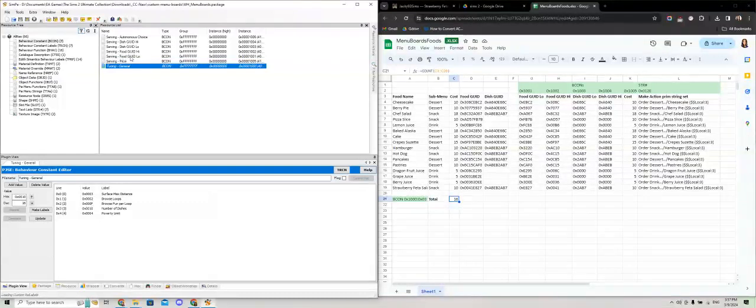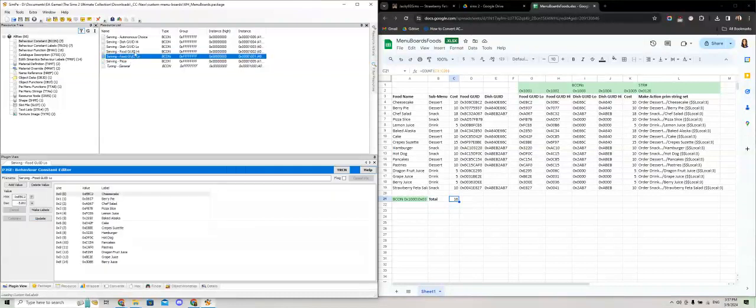So let's go ahead and click on serving food guide low. And then as you can see, these are all the same foods. So we have our cheesecake, our berry pie, back and forth here, chef salad, pizza slice, etc. We're going to make sure that we click on the last item in this list, and then we're going to click add value. And as you can see, it gave us a blank slate